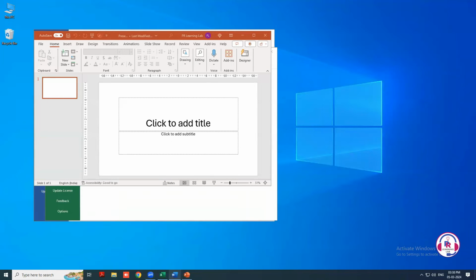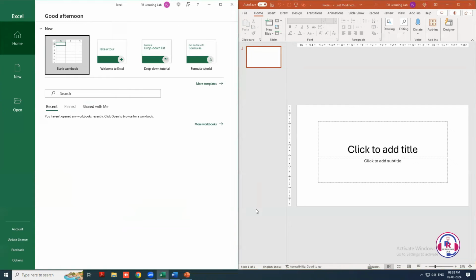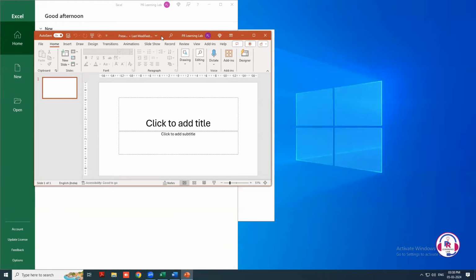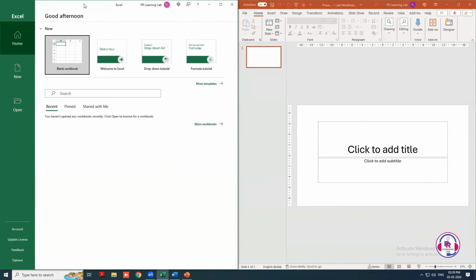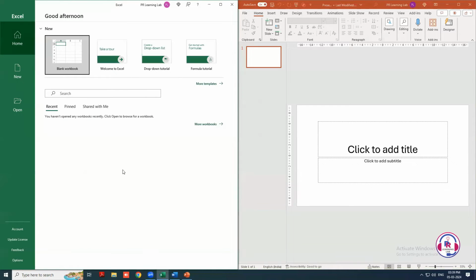Windows 10 introduces a feature called Snap, which allows you to quickly arrange windows side by side. To snap a window to the left or right half of the screen, click and drag the window's title bar to the left or right edge of the screen until you see a transparent outline indicating where the window will snap. Release the mouse button, and the window will resize to occupy half of the screen. You can then repeat this process with another window on the opposite side to have them displayed side by side.